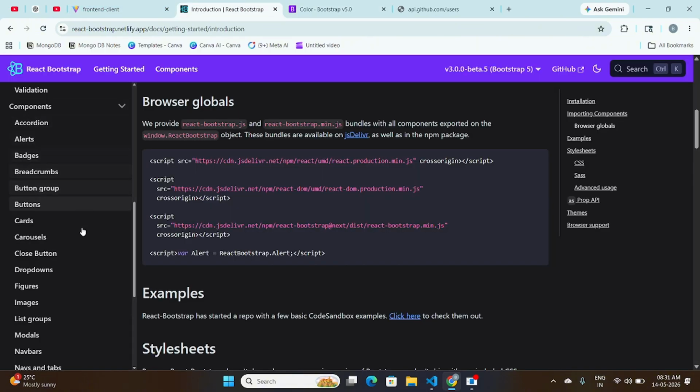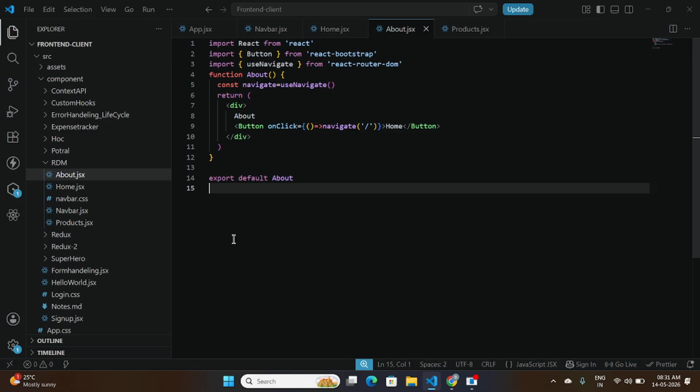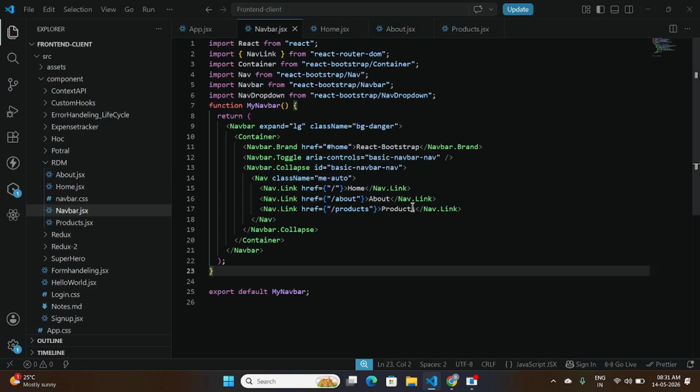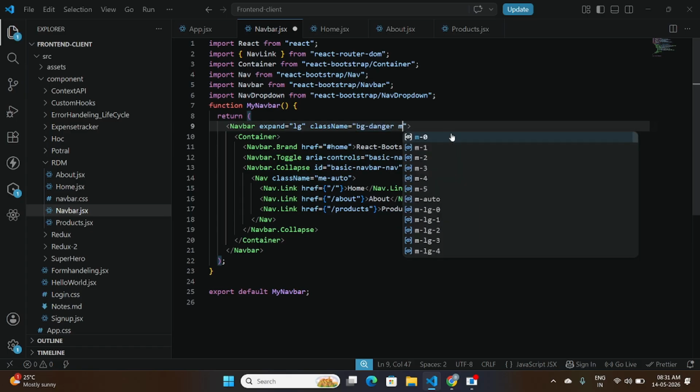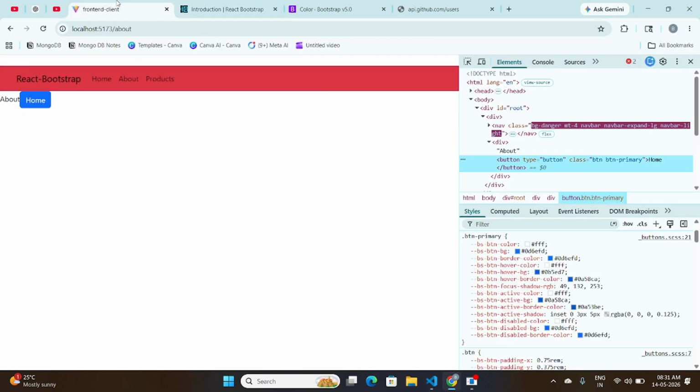Okay, now we will come back to this React Bootstrap. Now what we have done is I have added a few things. Now I will show you how to add margin and padding in Bootstrap without writing much CSS. This is to write margin. I will just write m. Margin in the sense all four sides margin it will get. If I write only margin top, mt, and if you can see here mt-4 or 5, that is the last. And if I save,